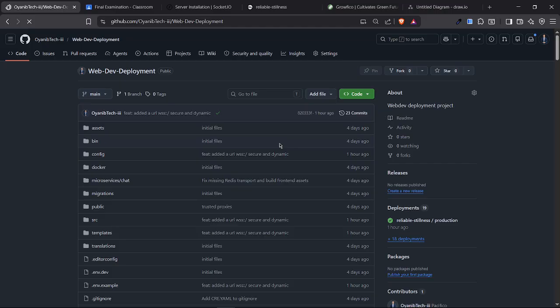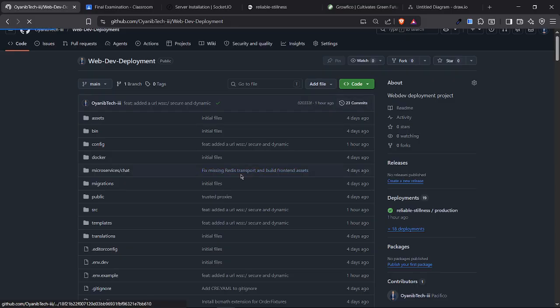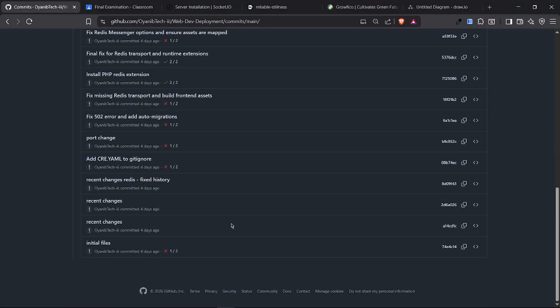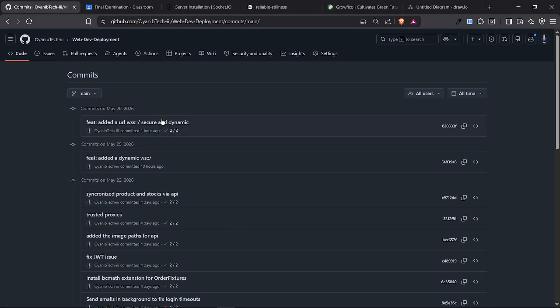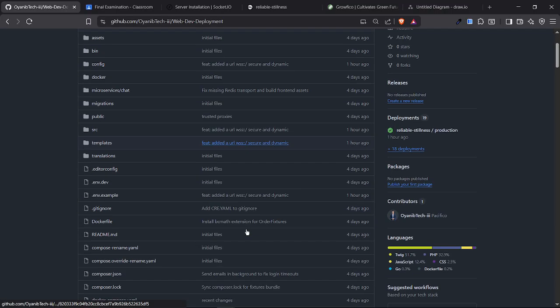There you can see all the commit history, and in this repository, the commit history is only for the deployment. I take this approach to track where the errors are and how I fix them,